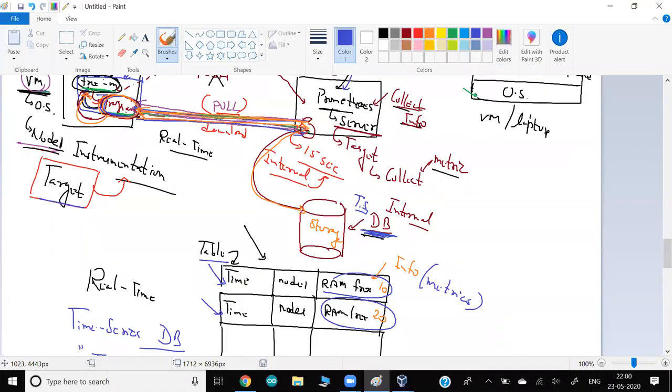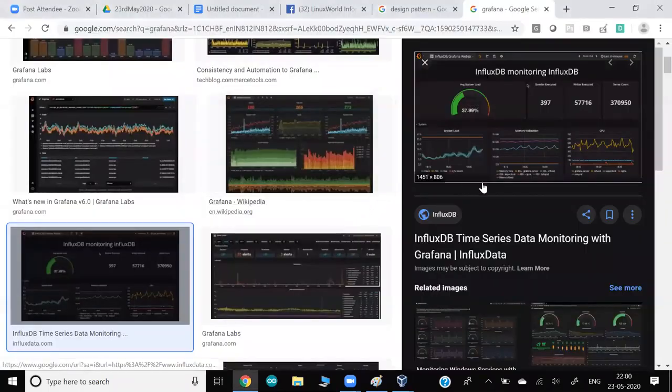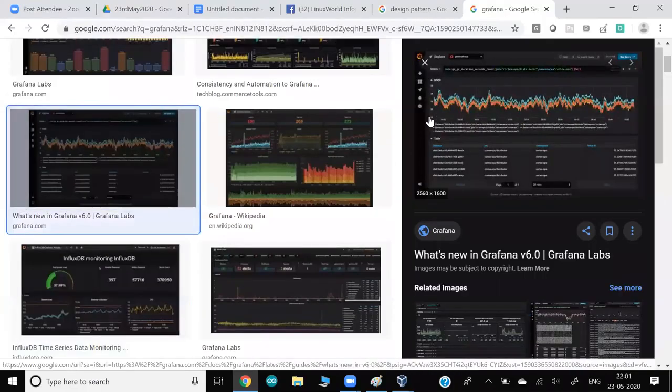And with a time series database, you can do lots of things with this data. For example, if you see this graph of CPU, at the bottom is time and at the top is CPU percentage load. So you can see this kind of line graph. Every second, every millisecond or maybe 15 seconds, you keep checking how it goes up and down. It is possible to see this kind of graph if you have data with time.